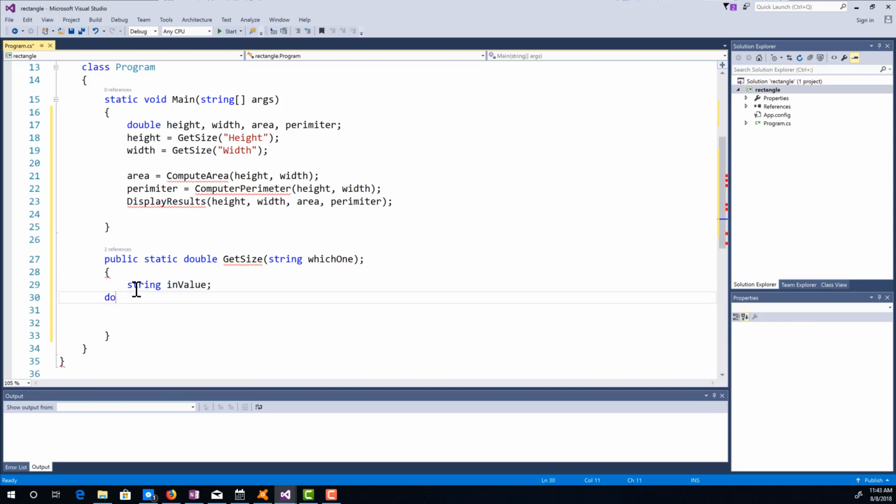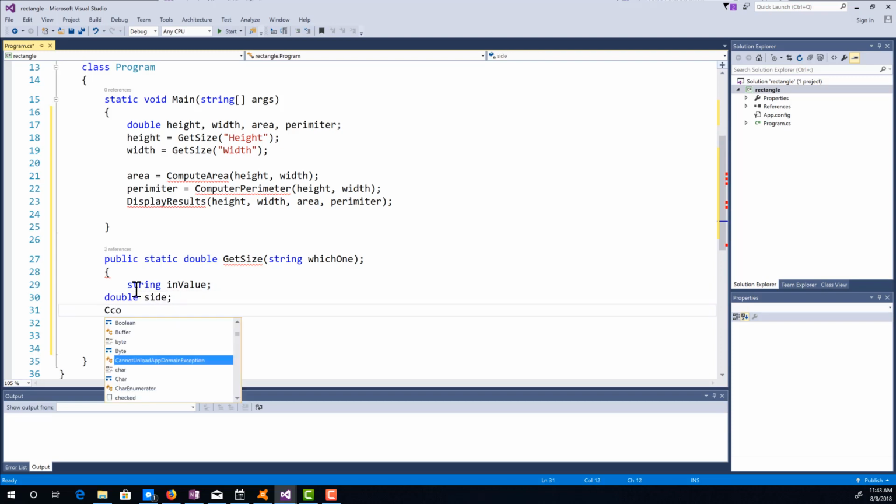double side, Console, then we're going to write